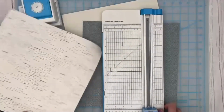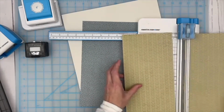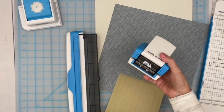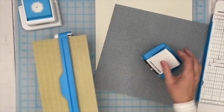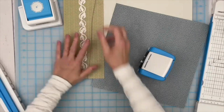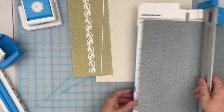I'm first of all going to cut this into a 6-inch piece. And then I'm going to punch a border from it. So I've got my 6 by 12 inch piece, placing my Climbing Vine Chain cartridge into the border maker, and let's create a punched border. So there's a couple of pieces ready, and now let's go ahead and also cut this paper into a 6-inch strip,